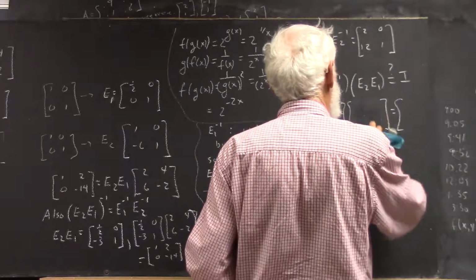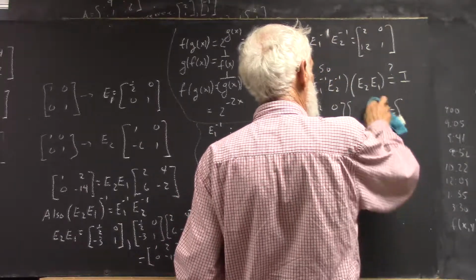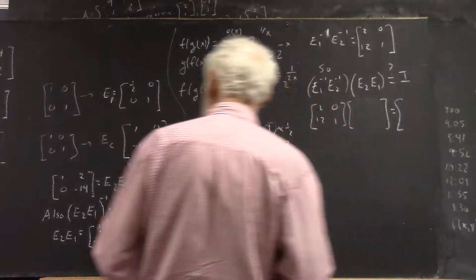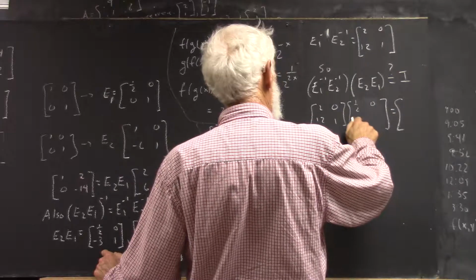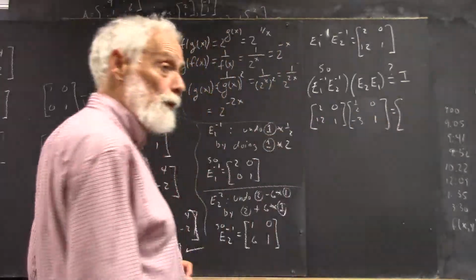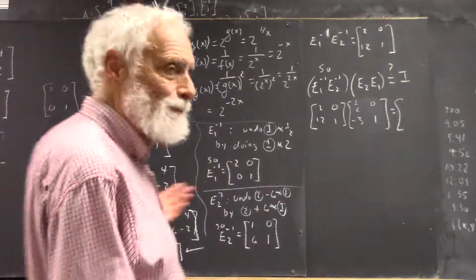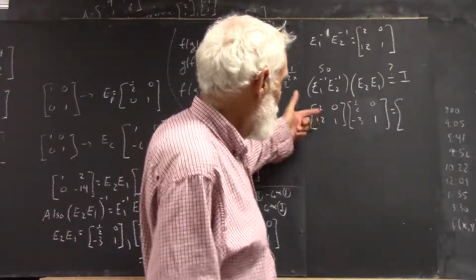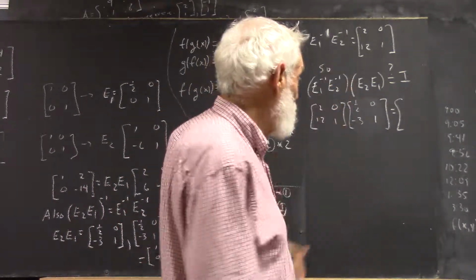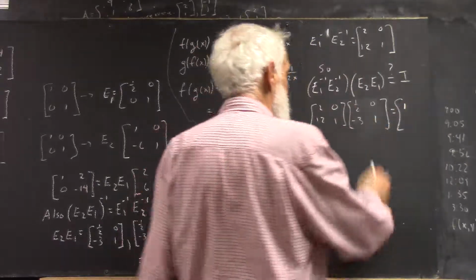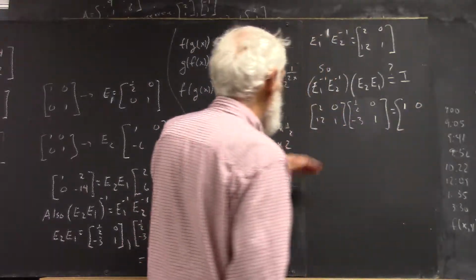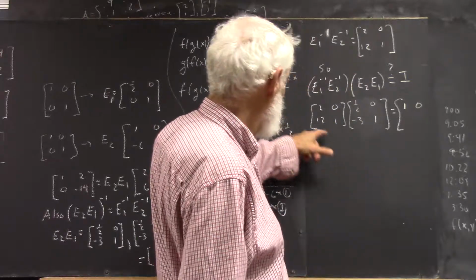Okay. So let's get the right matrix in here. The E2, E1 matrix is 1/2, 0, -3, 1. Now it's going to work. I'm confident. Well, at least the 2, 0 times 1/2, -3 does give us 1. First row times second column, zeros match up, gives us 0. Second row times first column gives us 6